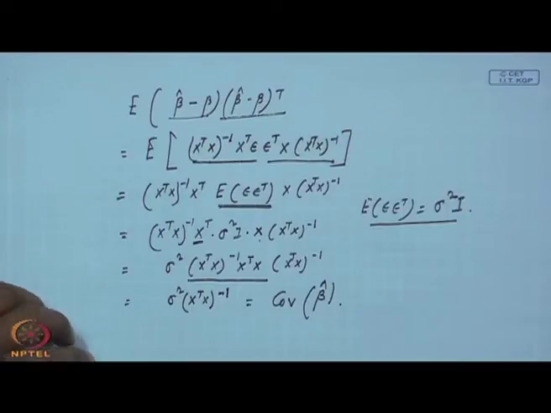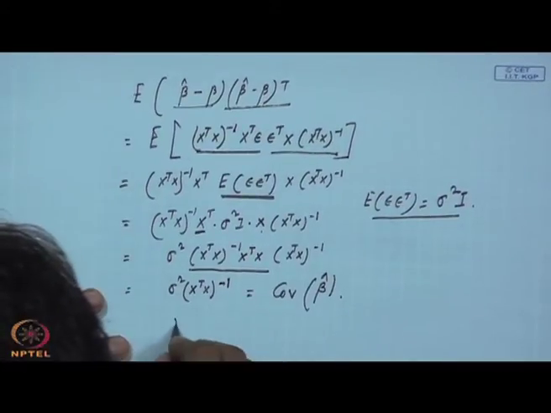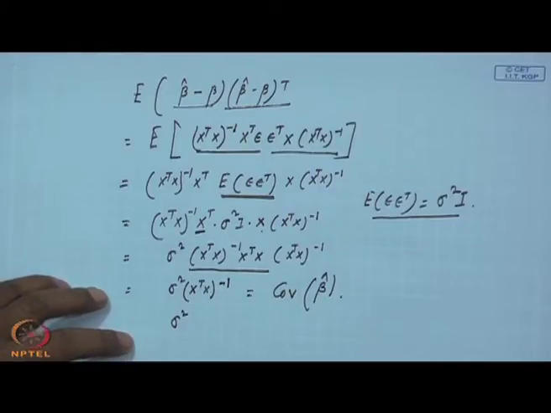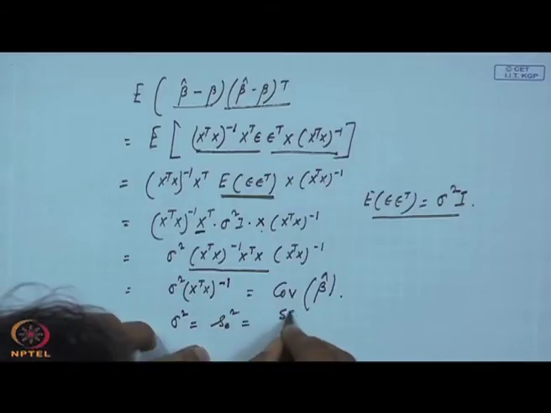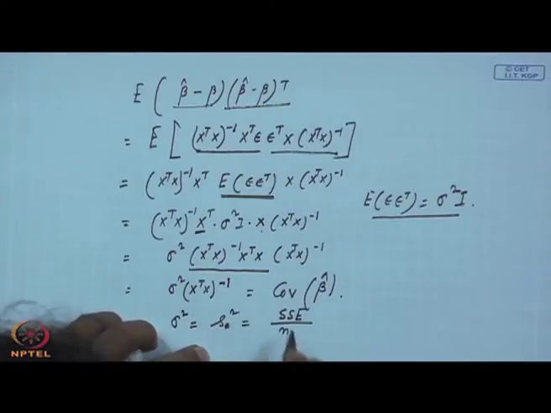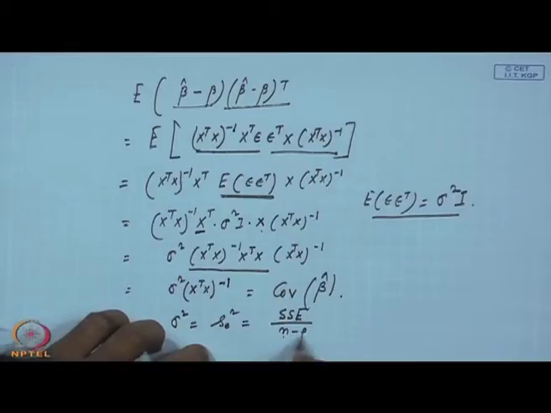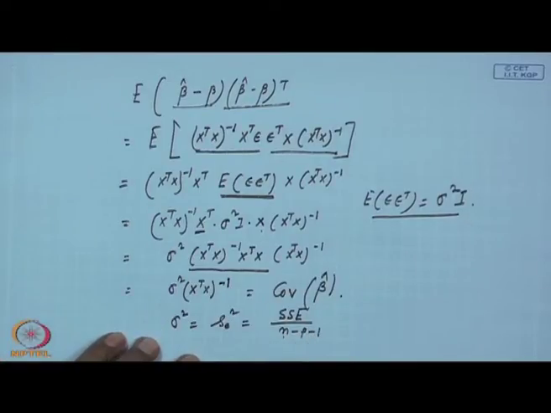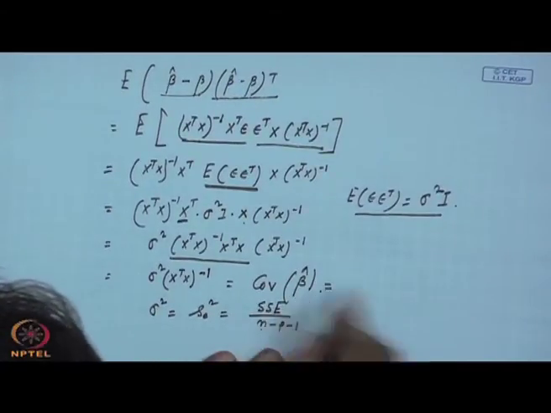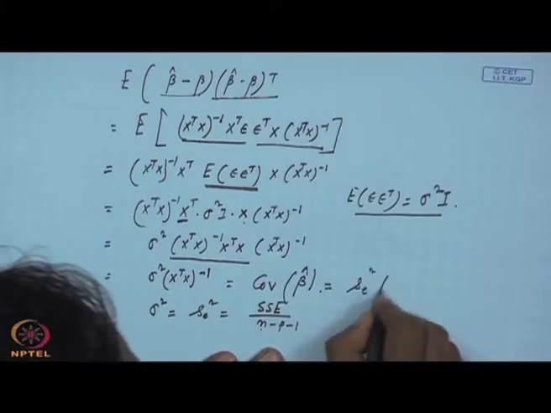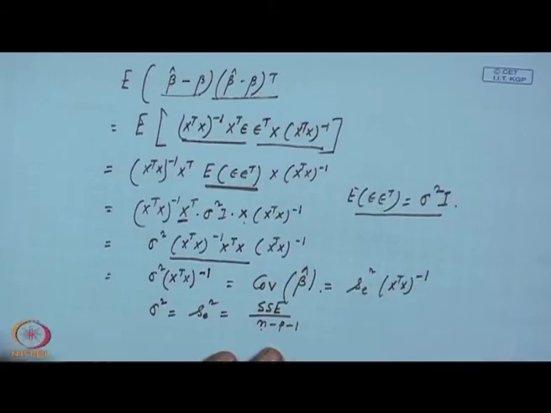Okay. So then how do you get the value of sigma square? Sigma square is also not known, so sigma square will be estimated by S E square. That means from the errors, whatever values you get, from there you will calculate the variance component, and this will be SSE divided by the degrees of freedom, which is the number of observations minus the parameters estimated. So we can write that the covariance of beta cap is S E square (x transpose x) inverse.